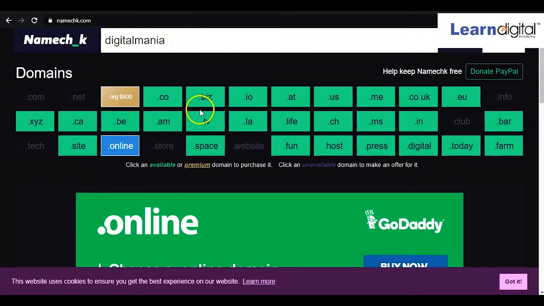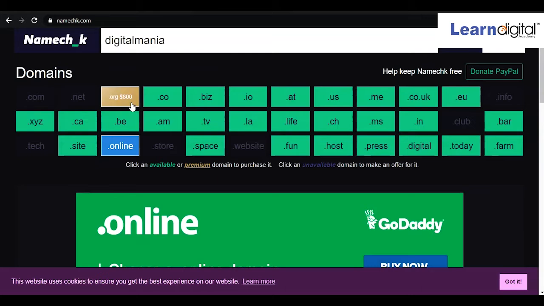But whatever extensions are showing in green color, yes, certainly you can register this domain. And the pink color you are able to see means it is the premium one. For that you need to pay a high amount for purchasing that domain. So this is the first method.